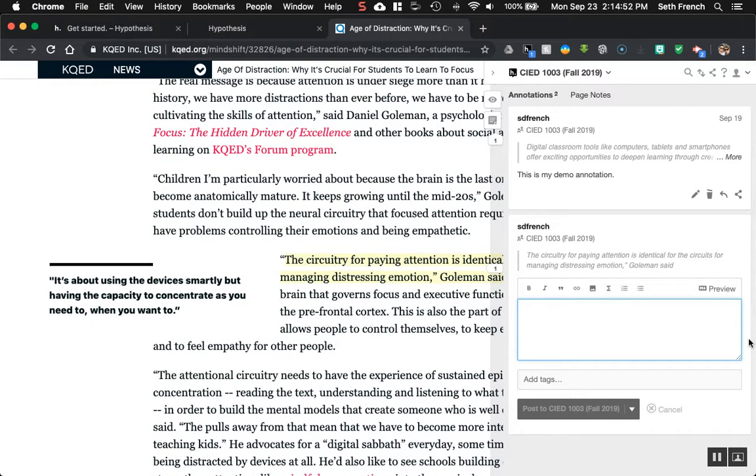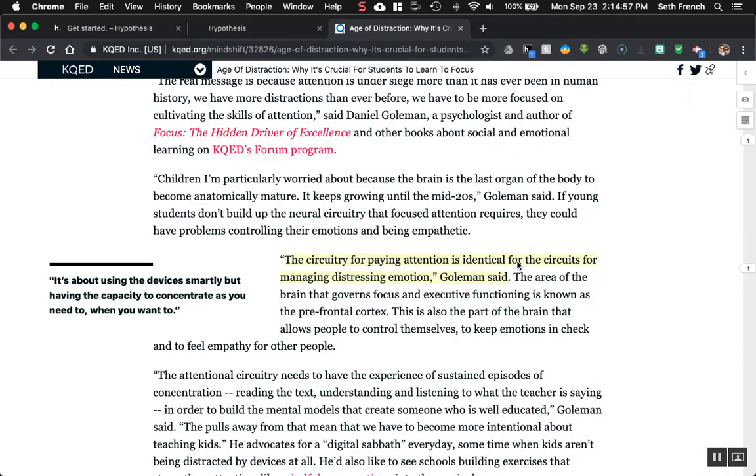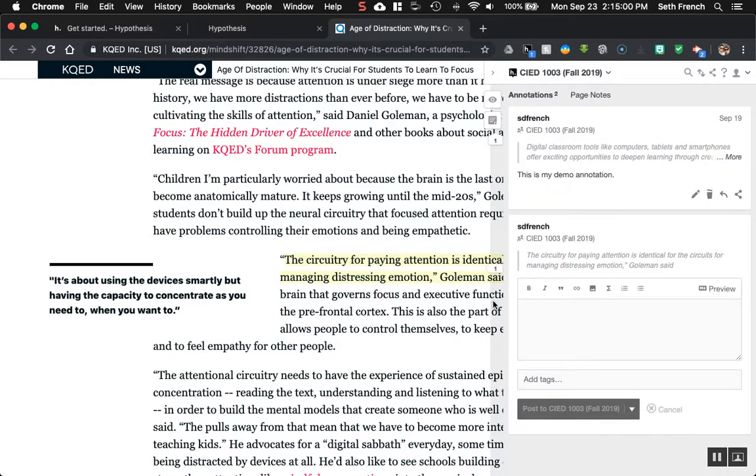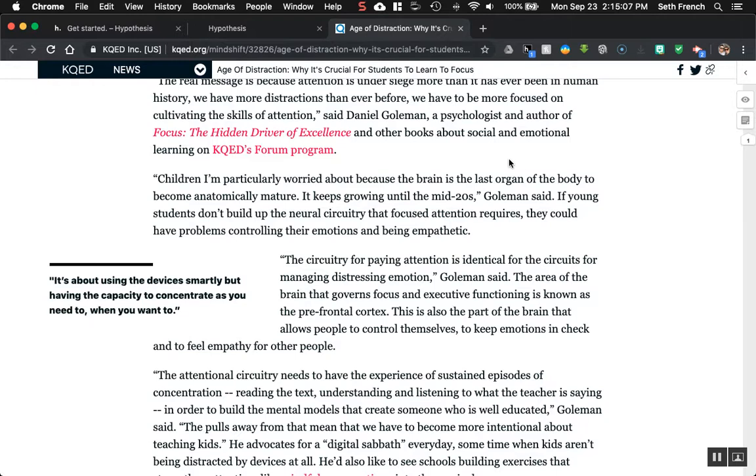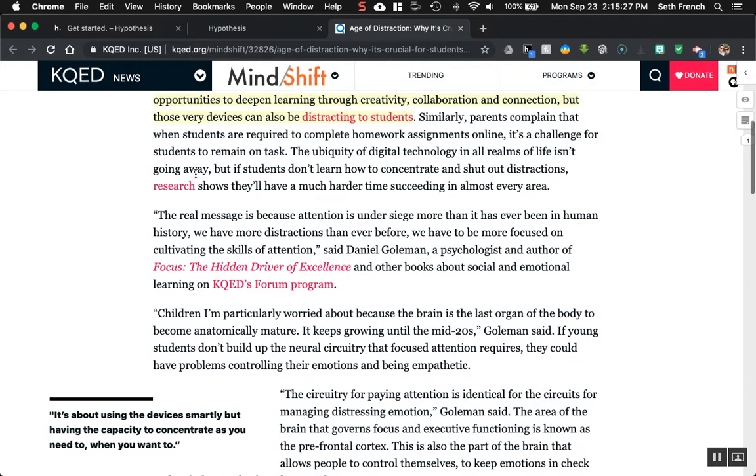So once you write what you want to write, post that, and then you've just added your first annotation. So I'll actually just cancel that so that comes off of there. Okay. And so as far as the scoring and everything goes for this, I know some of you make it a habit of not starting things for this class until later in the week, saving it for the weekend or something. And while that is usually totally fine with me, that will not work this week,